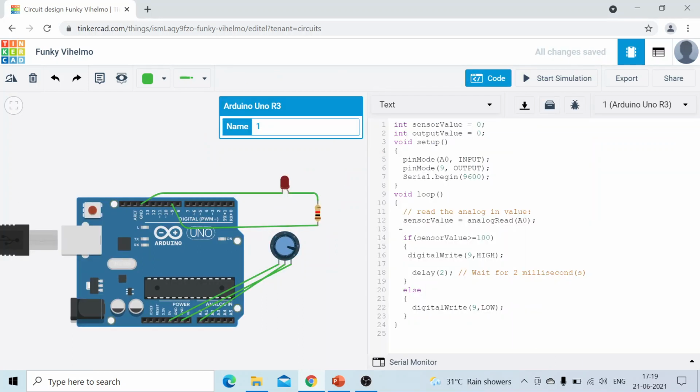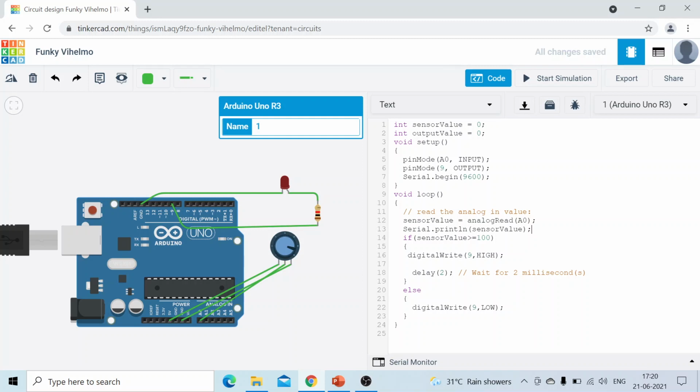For checking the value of the potentiometer on the serial window, we have to write one more function, that is Serial.println, and in brackets whatever value we have received from the analog pin, assigned to sensor value, we write inside that function, that is sensor value, and then a semicolon, because each and every statement in C language is ended with a semicolon, otherwise it will give an error.